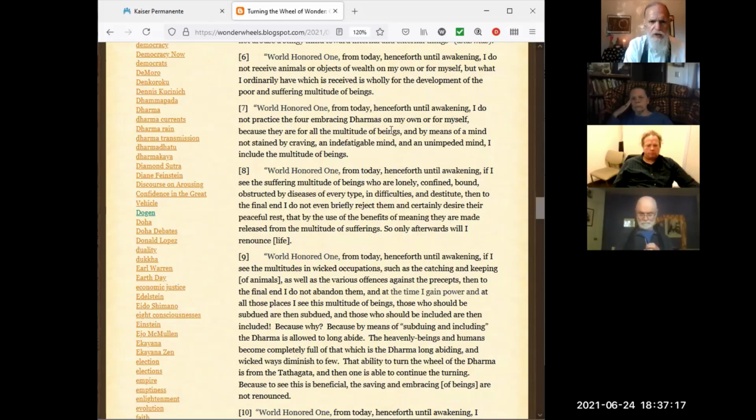Because we're here at this first one, by these four embracing dharmas. This is how we will be able to share the Dharma without being stained by craving. It will also give us an indefatigable mind, a mind that's not